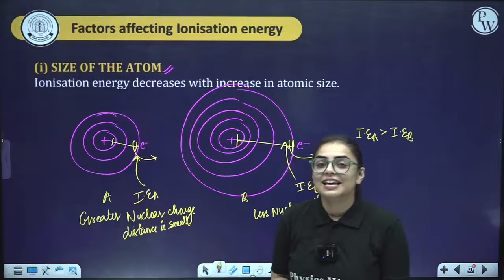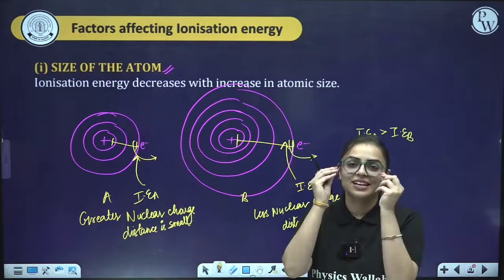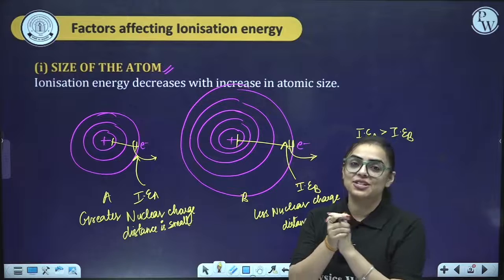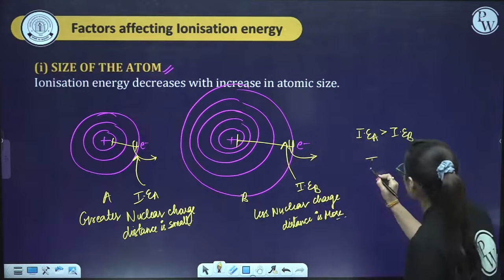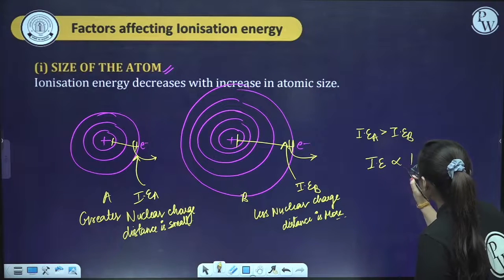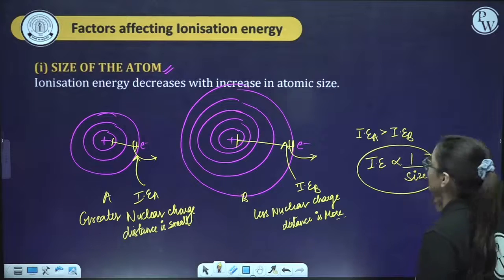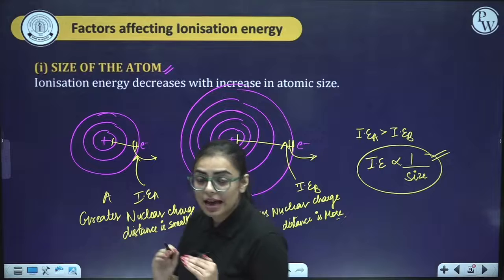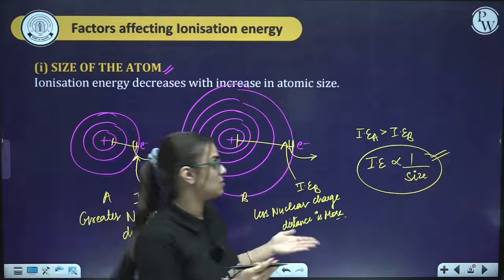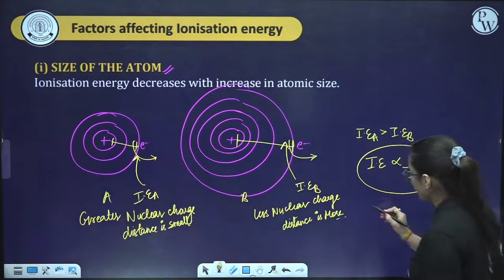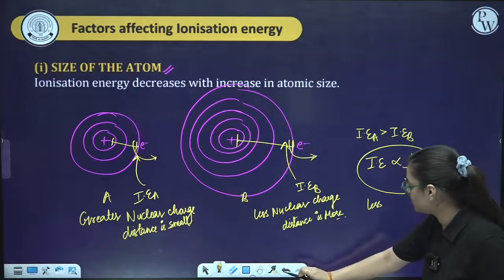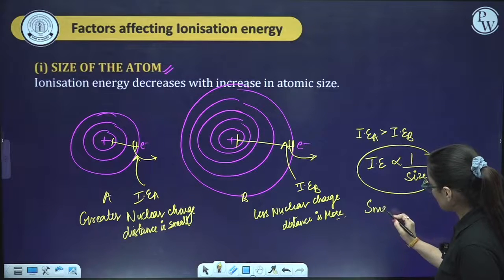That means the lesser the distance, the more the ionization energy. Why? Because the force of attraction is larger. So we can say that ionization enthalpy is inversely proportional to size or atomic radii. The smaller the size, the more the energy, because the force of attraction becomes larger. So I can say the smaller the size, not lesser, the smaller the size,